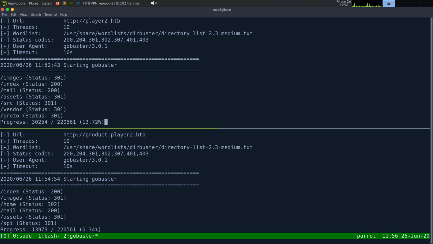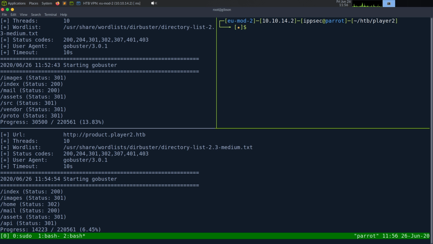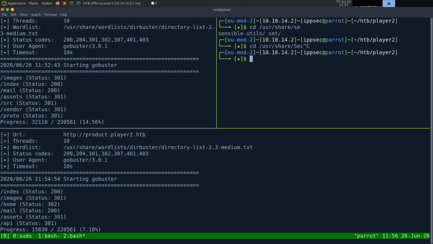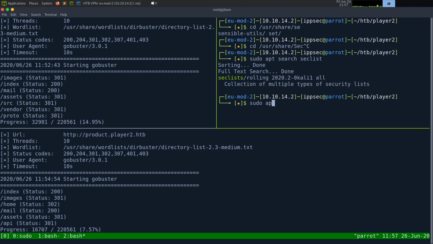While these Gobusters run, we're going to start up yet another Gobuster. And this one's going to be doing virtual host. So I'm going to see if I can find a word list because I don't know exactly what one I want to use right now. But I know it's going to be under SecLists, and I don't know if I have that here. So we'll do sudo apt search seclists, sudo apt install seclists,